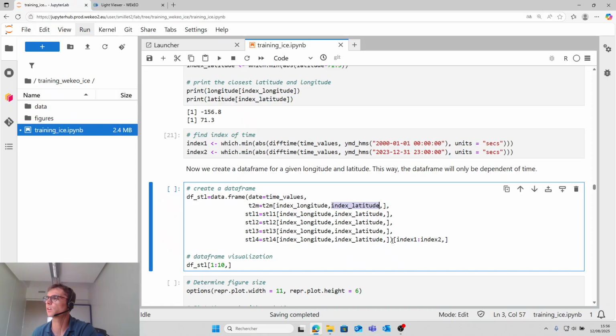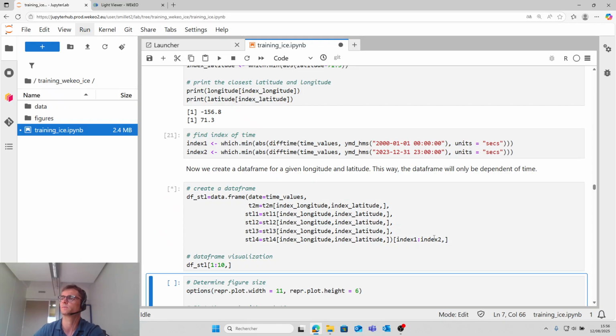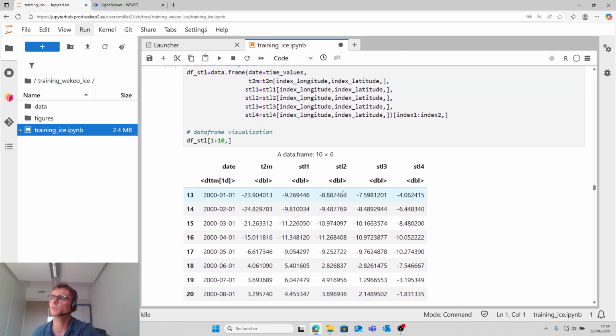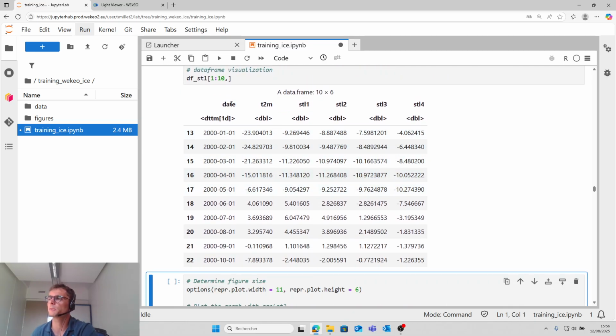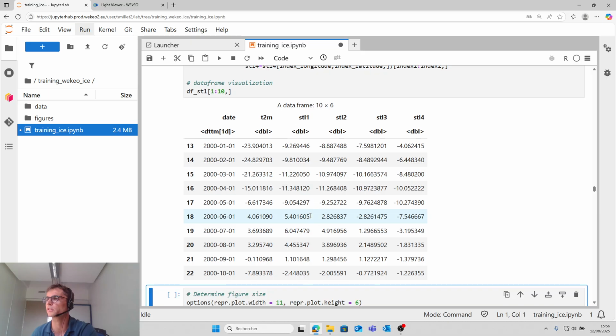It is for this, after creating the dataset, we keep only index 1 and index 2, that is the index of time. So we have a data frame that depends only on the date, and we have the temperature at 2 meters and the different levels of soil temperature.